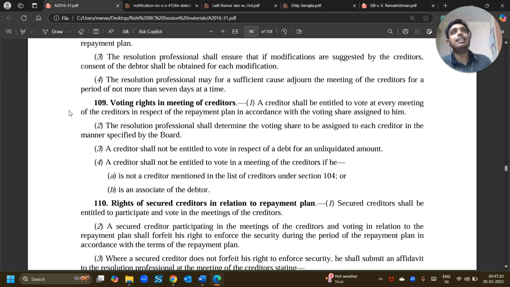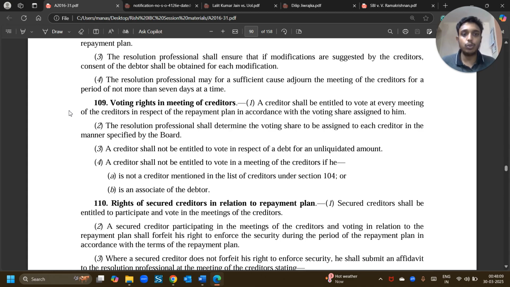So here you can see that there is a slight departure from the creditor in control mode of the IBC. In CIRP or PPIRP, we have seen that creditor in control mode being reflected in the manner the provisions are there. However, for personal guarantors or rather individuals, the resolution process still bears some semblance of the previous model of debtor in control, right? However, in comparison to the previous legislation such as the Provisional Insolvency Act or the SICA, for example, the process under the IBC still gives a larger say to the creditors. Although this time through the RP, the creditors still have a lot more